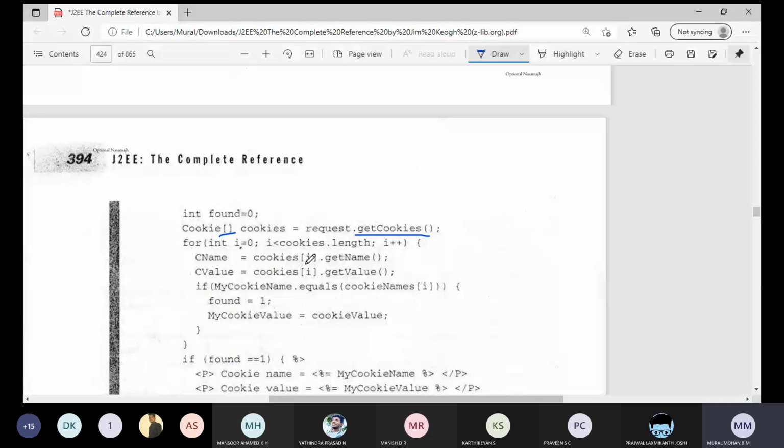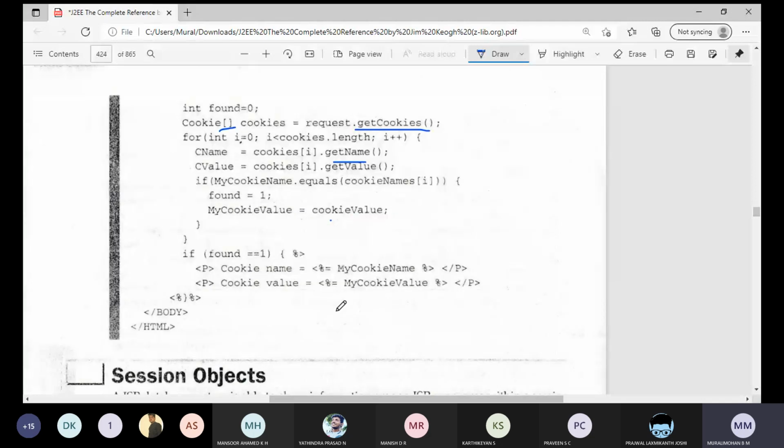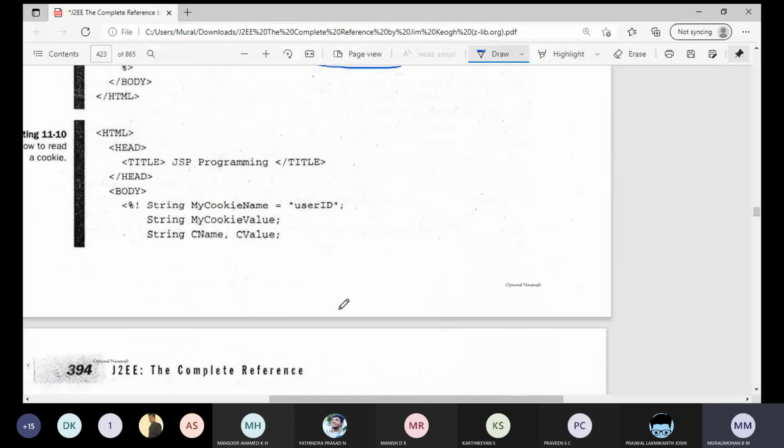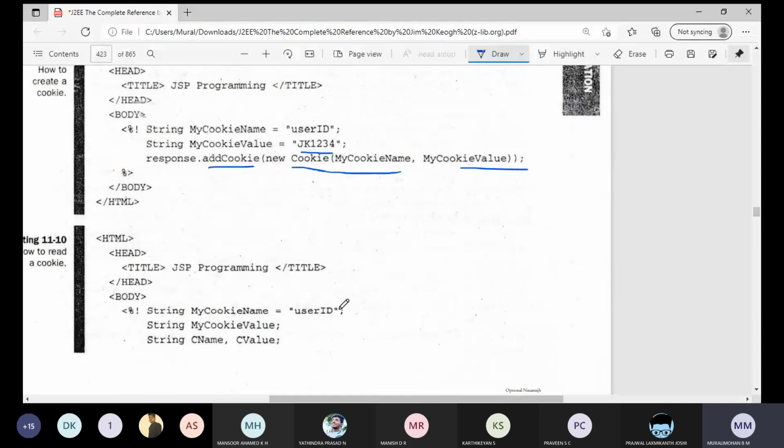Next, we can read the cookies by using the getName and getValue methods. Then we check if the cookie name of i equals myCookieName. If both are equal, we print found and display myCookieValue. Here you should remember: the Cookie constructor is used to create a cookie, addCookie is used to add the cookie into the response, and the getCookies method is used to read cookies from the request object.